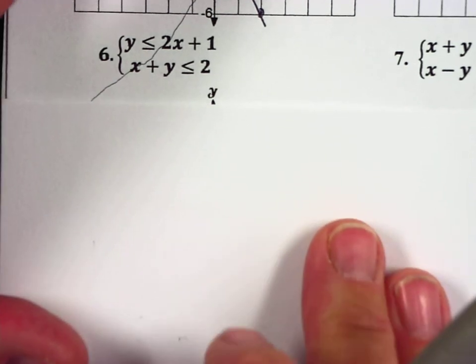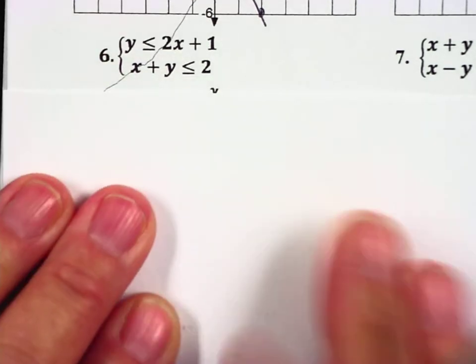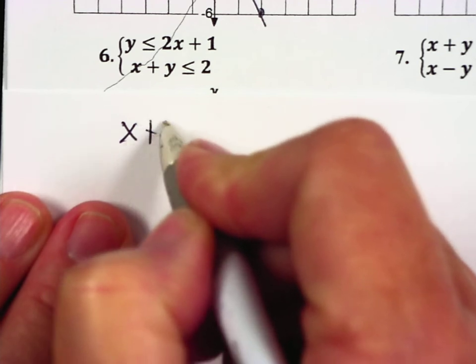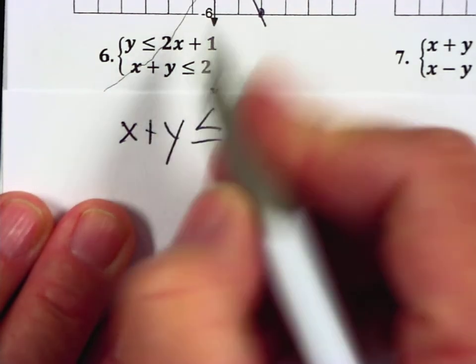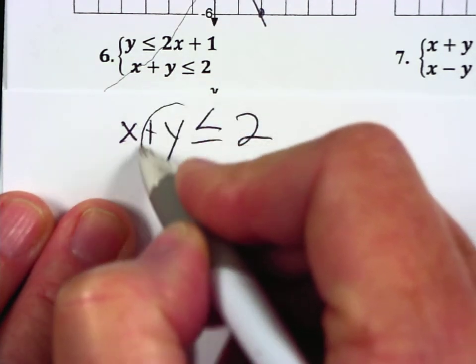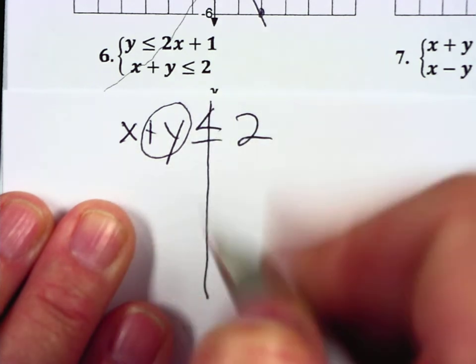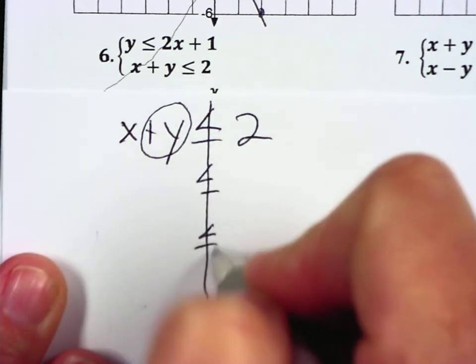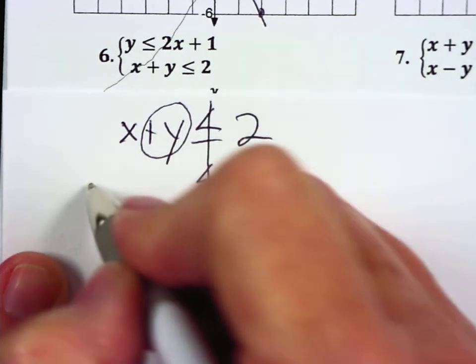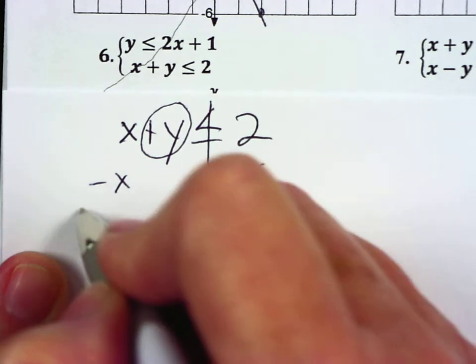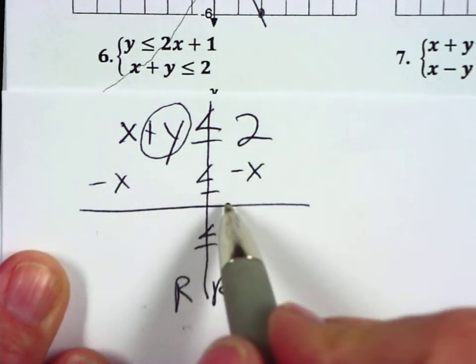So number 6, the first one's in slope-intercept form. The second one will be so easy. And don't forget, when we're manipulating this, we got to remember our random rule. All we have to do here is subtract x from both sides. Don't have to reverse the symbol because we